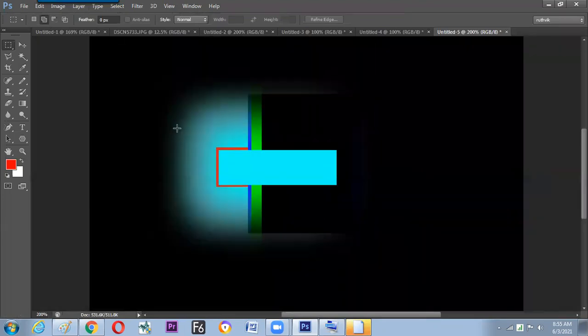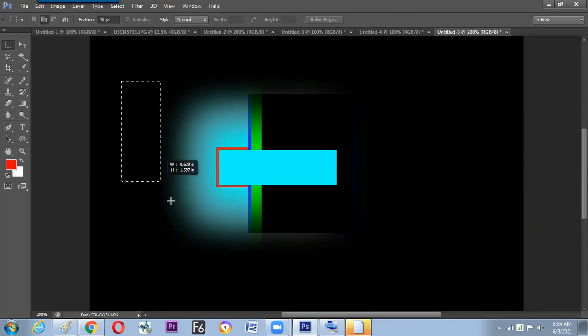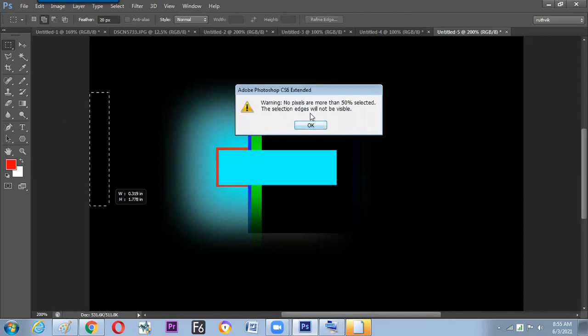Yes, sir. Lighting kind of things can be done with the same. So what we have observed here is feather makes lighting. So let the light travel from the edge. How to make this? Make the feather more, get your box ready. We cannot make the box outside. Often you will find this kind of dialog box once you're working with feather, because you are selecting a very small space like 10 pixels and you are asking for a 20 pixel feather, then I cannot do that. Even if I do, it will not be visible.